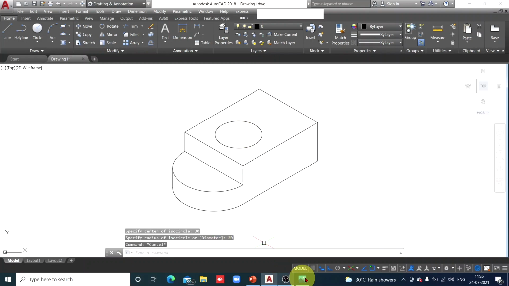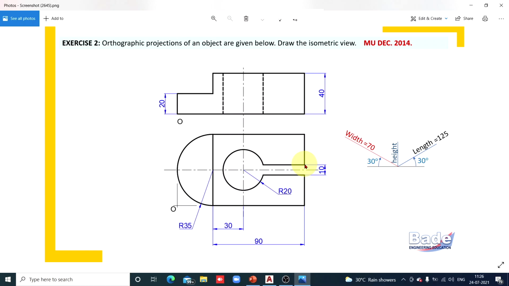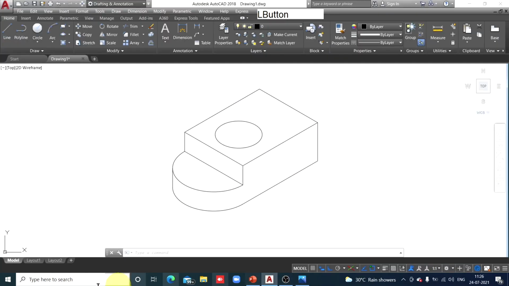Now the 10 millimeter gap. So draw these two straight lines first. From the axis of symmetry, this axis of symmetry is parallel to length. From the axis of symmetry 10 millimeters and 10 millimeters. No, 5 millimeters and 5 millimeters you should measure on both sides of the axis of symmetry. And this 5 plus 5, that is 10 millimeters, is to be measured parallel to the width axis. Okay, so here it is.